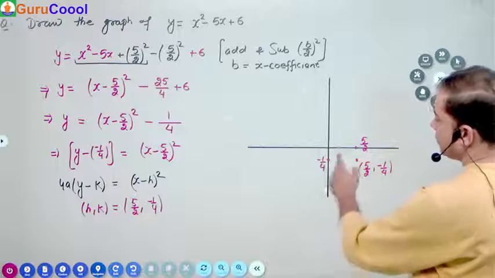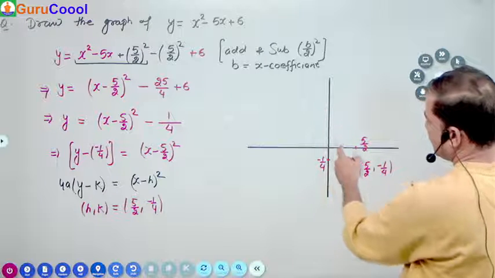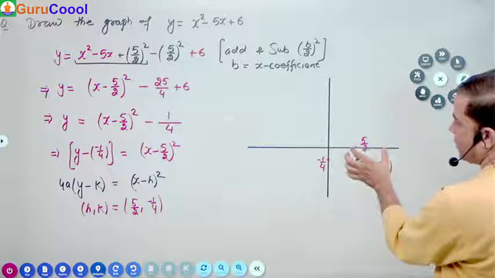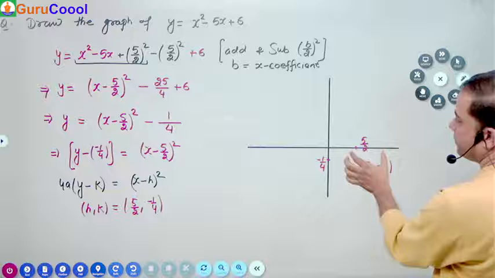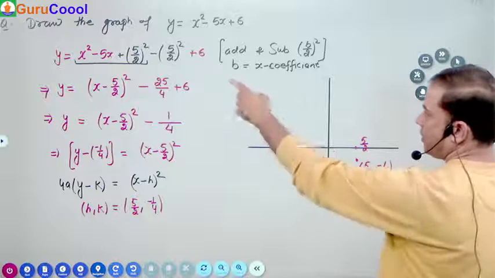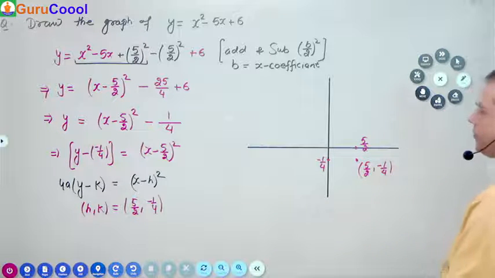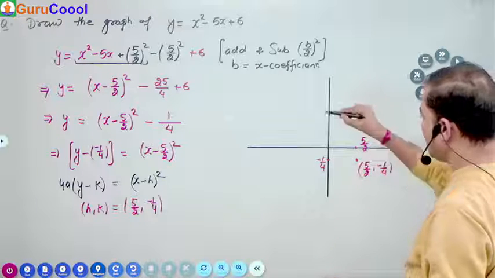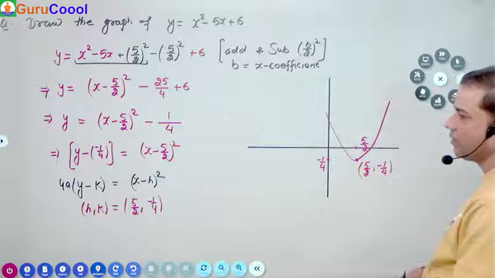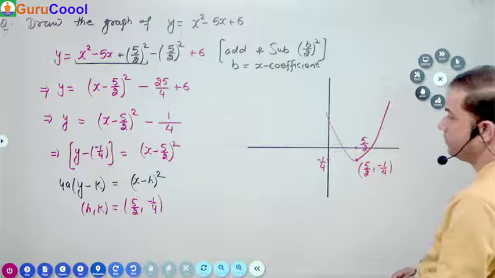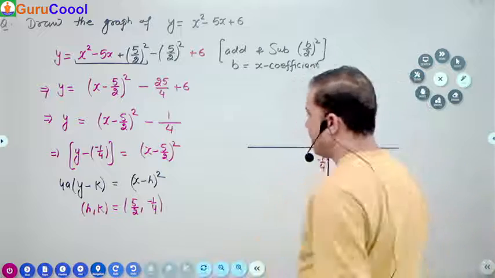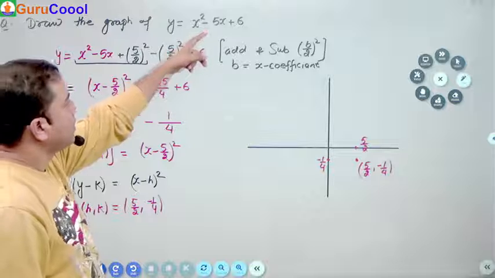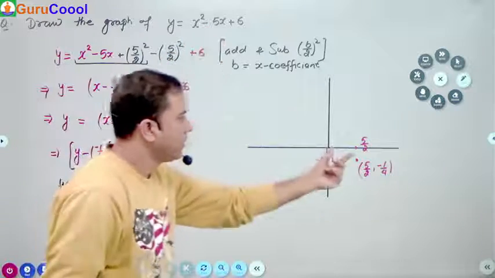At the same time, we should know if it crosses the y-axis, what is the point? And it crosses the x-axis at 2 points, right? It crosses the x-axis at 2 points, where we can find the zeros of the quadratic for more information. But if just a rough sketch is required, you can directly draw this. Done. The rough sketch is done. But if you want to be specific, you need some more information. Find out the zeros. This will let you know where it will cross the x-axis.